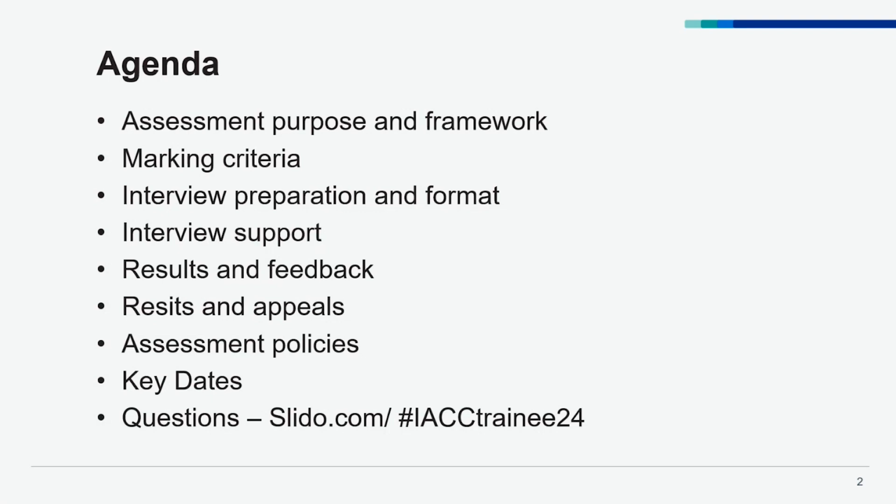When we get to the questions, we will ask you to upvote any questions that you really want to know the answer to. We will obviously try to answer as many questions as we can today. In the event that there are questions that we can't answer, we can take those away. We also have a further drop-in session that you can join next week, which we will give you further information for shortly. So that's what we're going to cover.